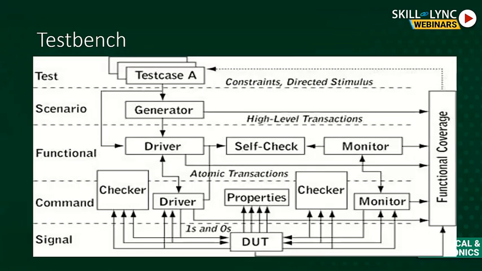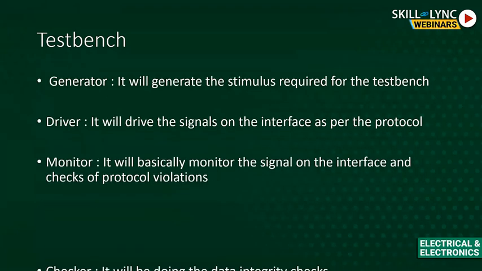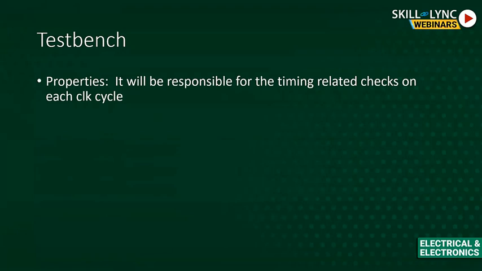So if you see, there is one block called properties, which has been directly signaled out of the DUT. So what exactly do properties do? Properties are something which are continuously running on the DUT or on the signals. They are running in the background, which makes sure that the driver, the test bench and the DUT both are following the protocol very accurately and in every clock cycle. To write the properties, we basically use SystemVerilog assertions or PSL kind of languages. That's how a complete test bench looks.